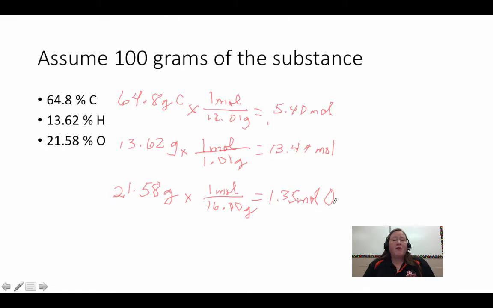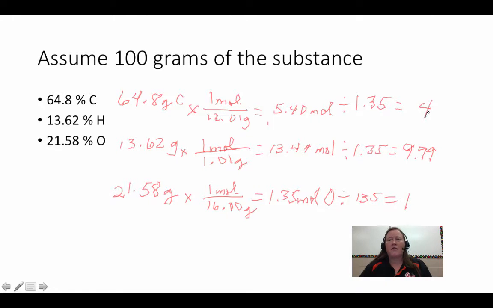So the next part of the poem, let me start from the beginning. We had percent to mass, mass to moles, divide by small. This number right here is the smallest. So we're going to divide each of these by 1.35. Divided by 1.35 equals 1. Divided by 1.35, that happens to equal 9.99. And divided by 1.35, that happens to equal